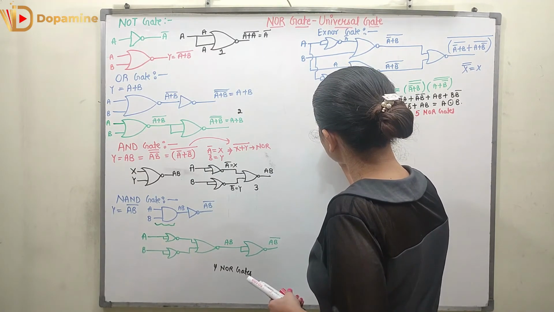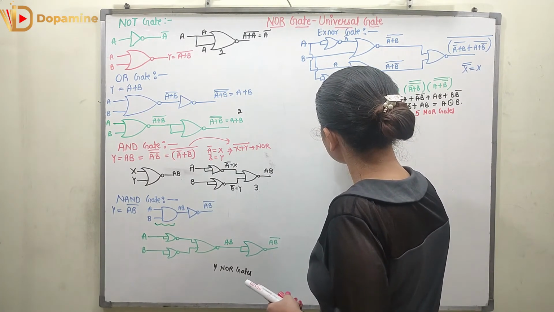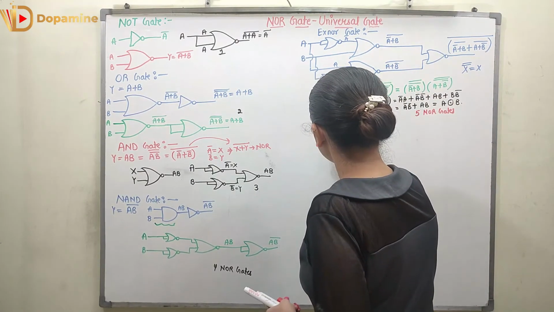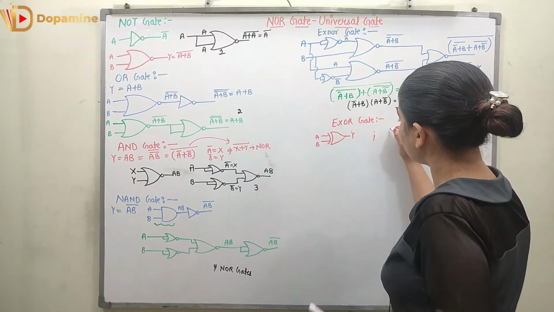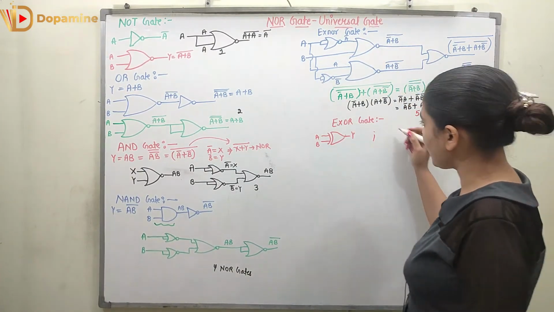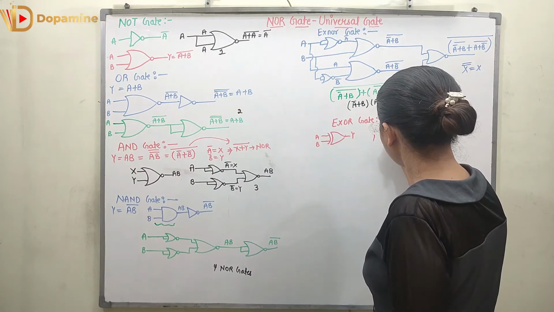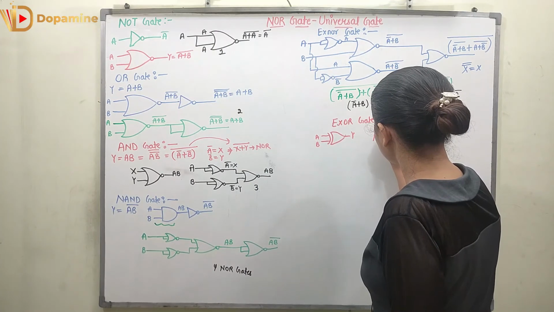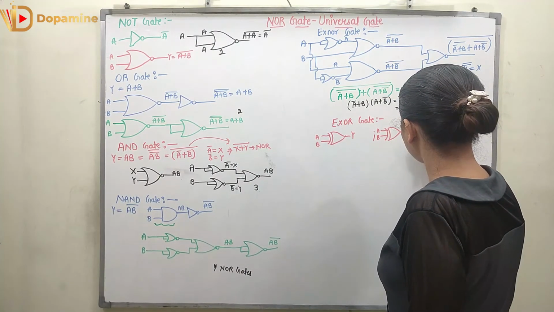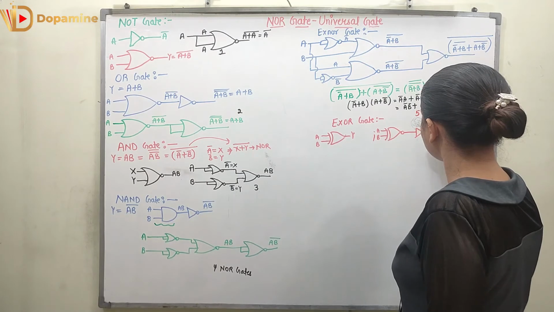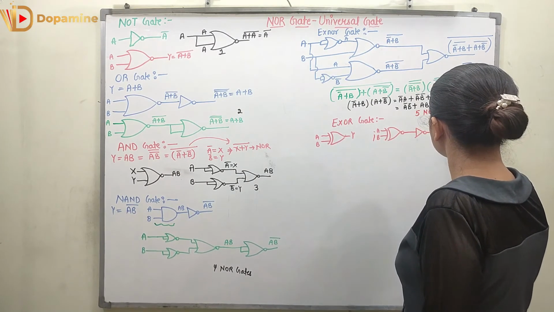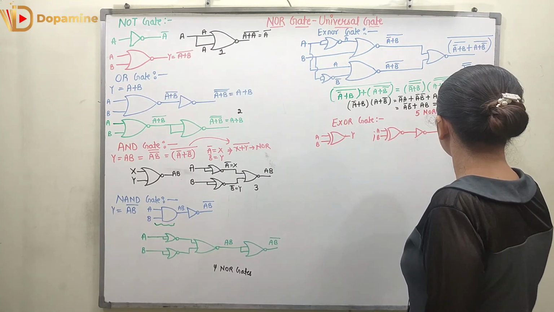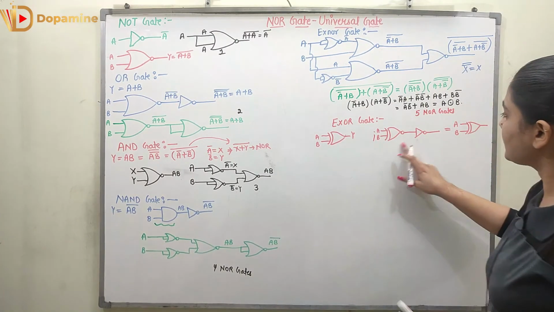So I know the XOR gate is represented like this. Here we have A and B and the output is Y. And I know the relation between the XNOR gate and the XOR gate. So if I have an XNOR gate, this is my XNOR gate with A and B, and if I put it through an inverter, I will get the XOR gate. So here I will get A XOR B, right? So this is equal to this.